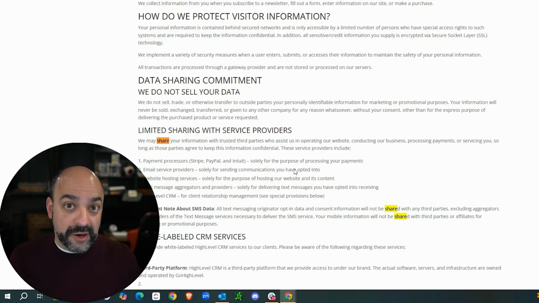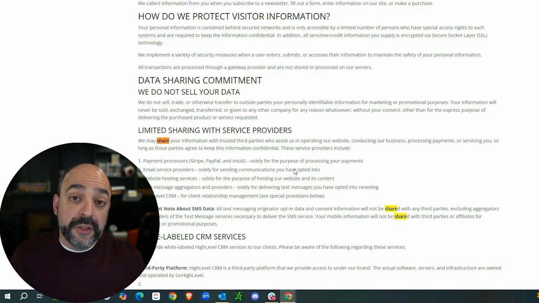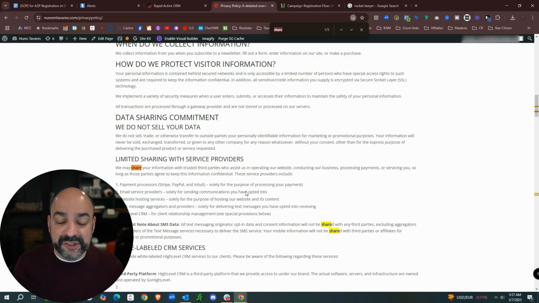Now, in our company we do not share any information other than with the systems that we use to actually run our business. Those are the only people we share information with, because we need it in order to process things like payments and transactions and posting and all that other stuff. So we always have it on our site that we will not share any of our information with anyone, because we just don't believe in doing that. But more importantly, we may share things like payment processing, or with an email service provider. I can't send you an email if I don't share my information with you in my email processor.